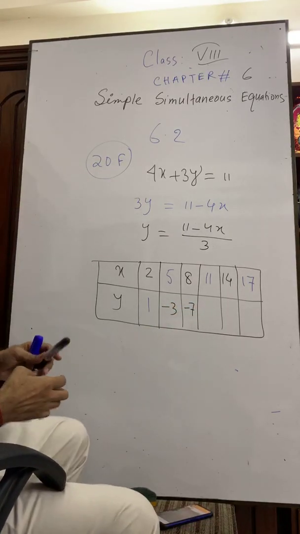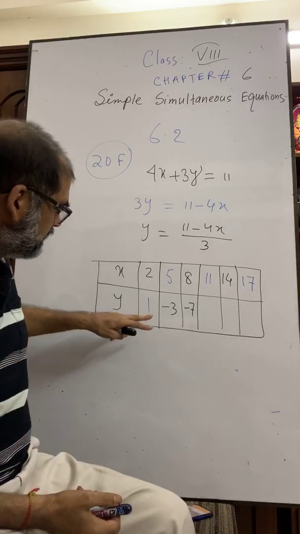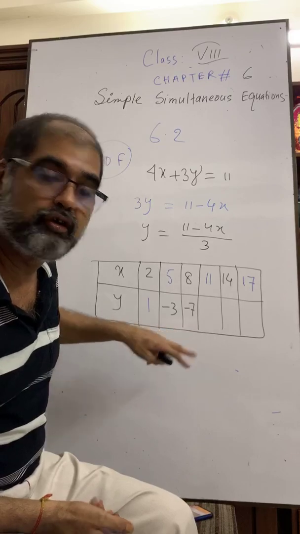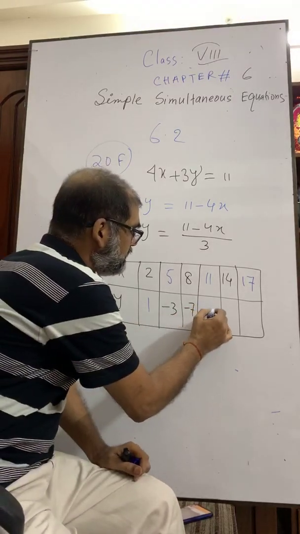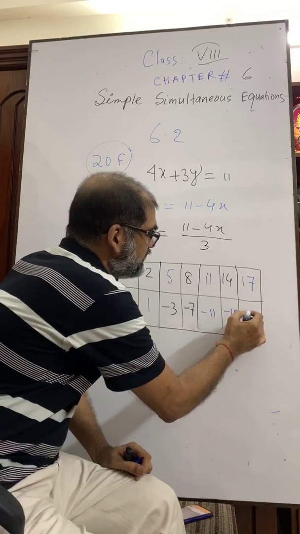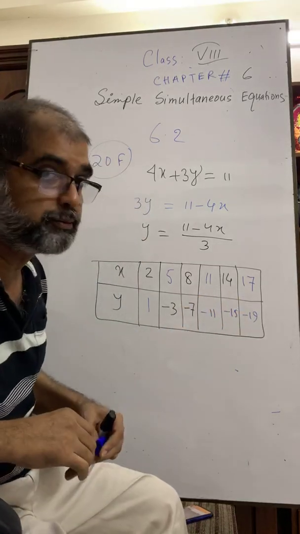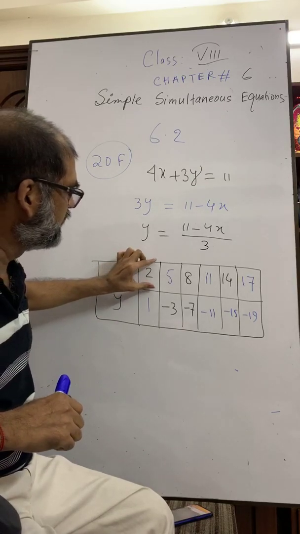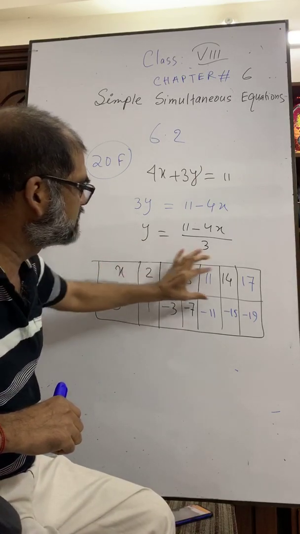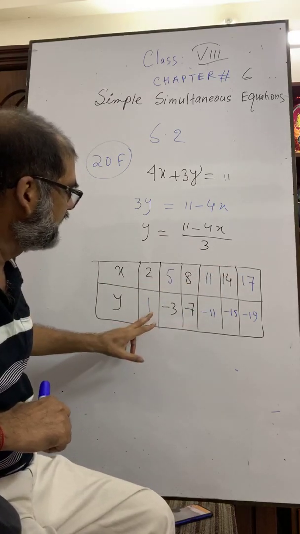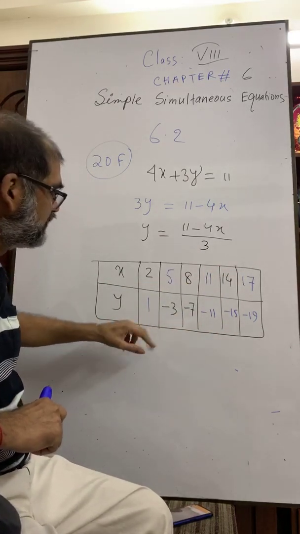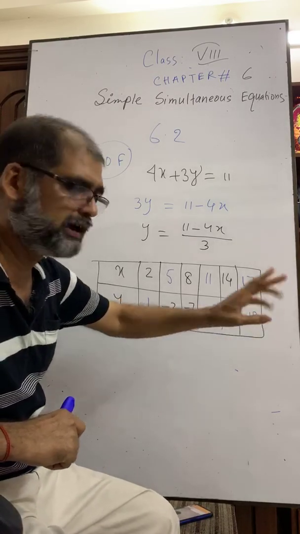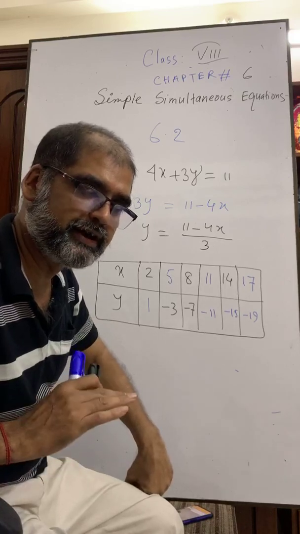Okay, my dear students, you see, it is being decreased by 4. That means it is minus 11, minus 15, minus 19. Any of you can put the value, you see. Here, the differences between all the coordinates are 3, and here it is 4, everywhere 4. You see difference 4, difference 4, difference 4, everywhere. Have you seen? Are you getting me?